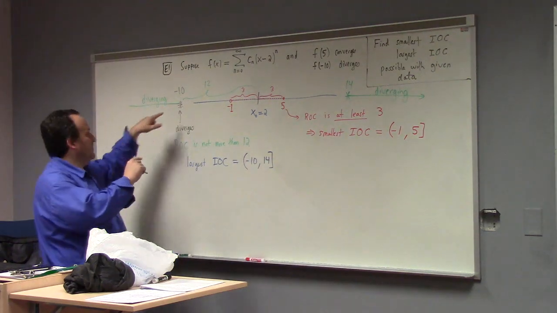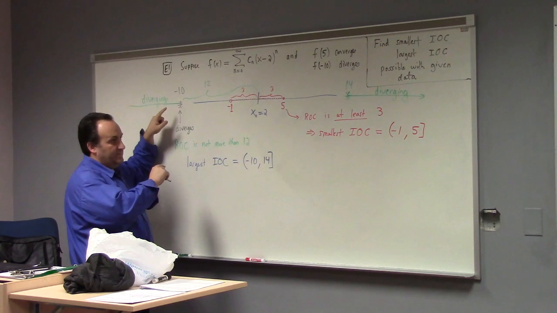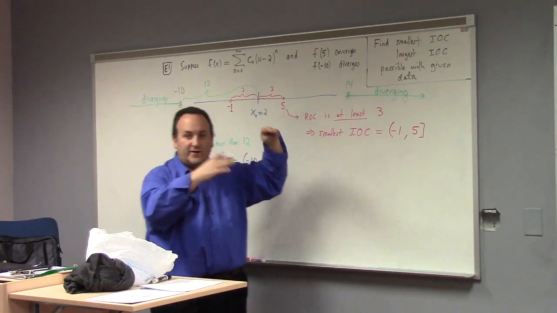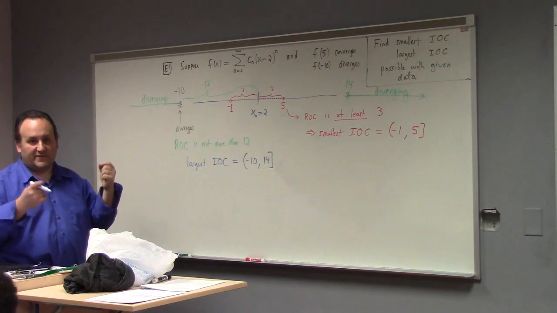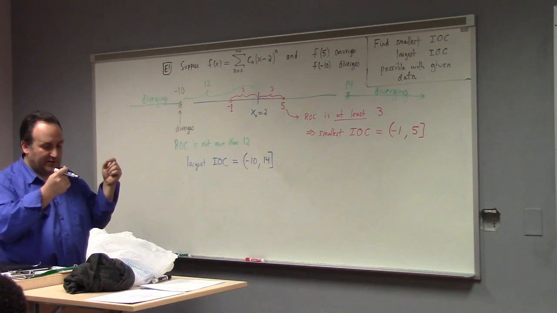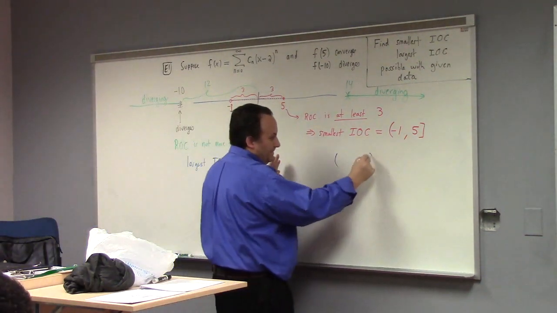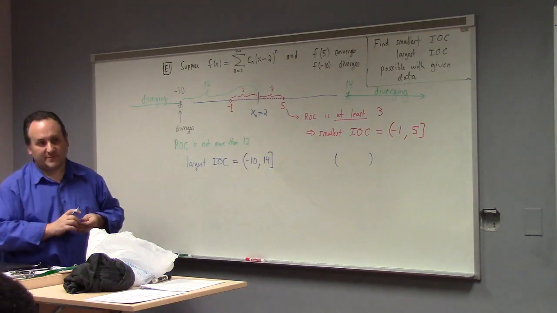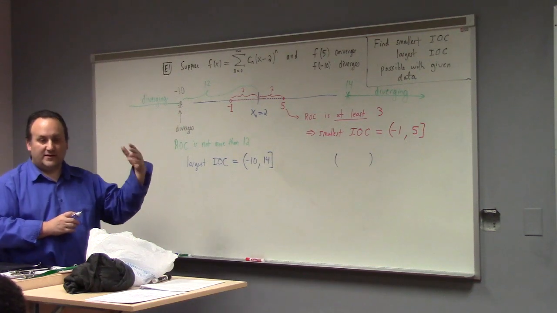Because remember, what happens here does not have any bearing directly on what happens here for an arbitrary series. Now, if you have a geometric series, their fates are linked, right? Geometric series have a domain which is open. So what happens on one side happens on the other for geometric series. But for arbitrary series, this is not the case, right? Generally, you could have a left, you could have a right, you could have both, you could have neither.